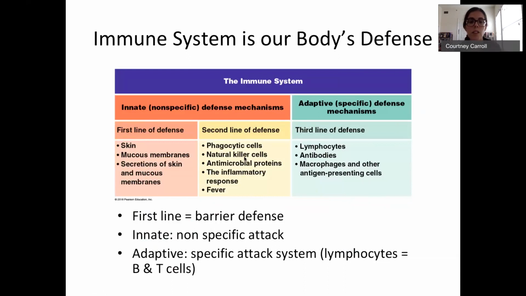So where you can think of the innate immune response as a non-specific, gonna kill everything, the adaptive is a targeted response. And it's going to use lymphocytes and make proteins called antibodies. And antibodies bind to a specific invader like a tag. And once the invader cells are tagged, then those lymphocytes can hunt them down and destroy them.